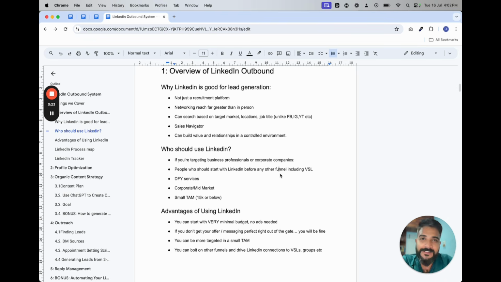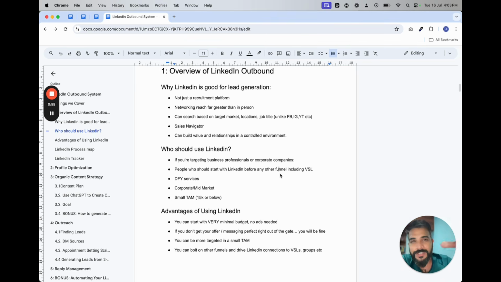LinkedIn in itself is a very, very professional platform. Because of that, a lot of the CXO level people, business owners, even senior management, people who are in the decision making chair, are active on LinkedIn, which is very unlikely on Instagram or YouTube or even Facebook. And it's also very difficult to target such people in an organic way or an outbound way on Instagram, Facebook, or any other social media platform, which is absolutely possible on LinkedIn.